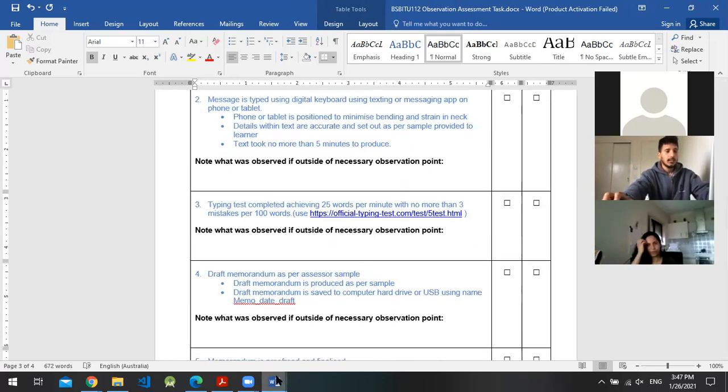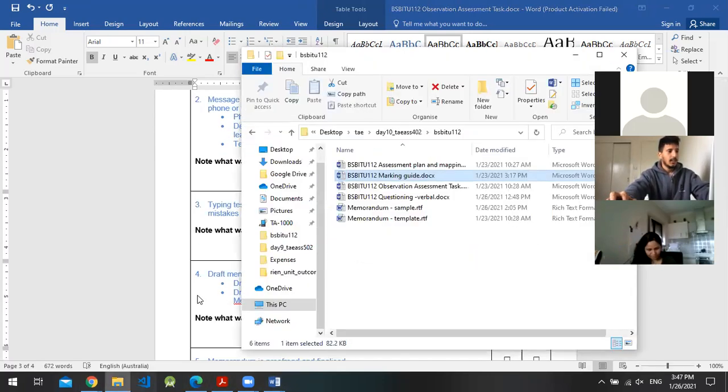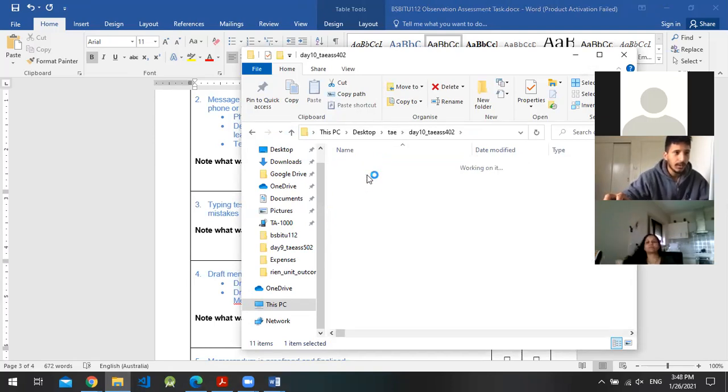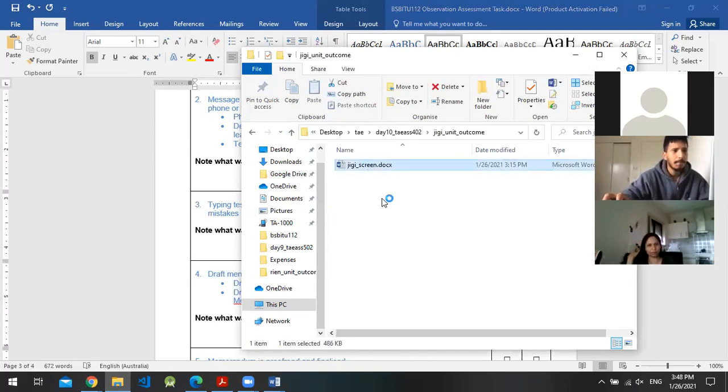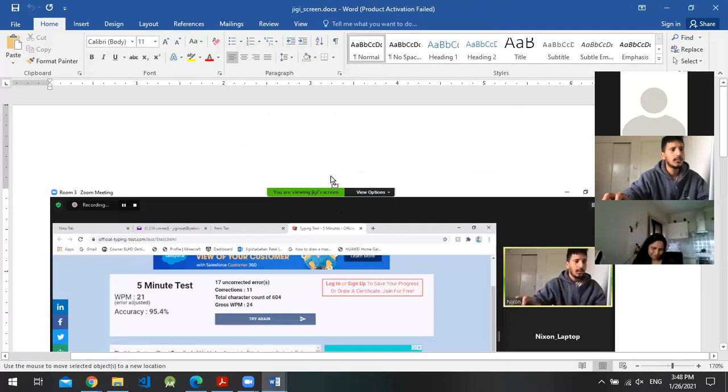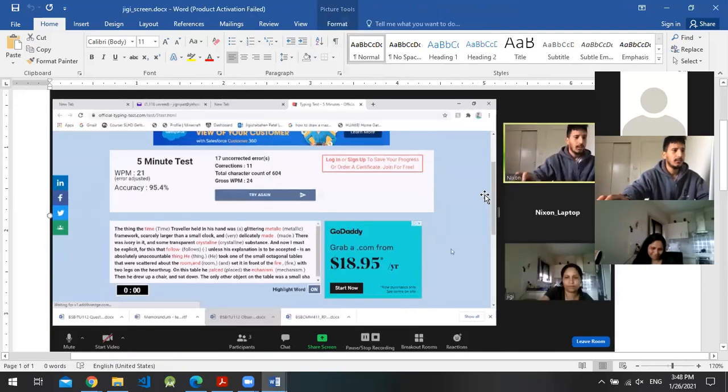The third one was the typing test, and I'm going to share the result with you right now. So this was the result, which was around 21 to 24. Gross words per minute was 24, and adjusted words per minute was 21.